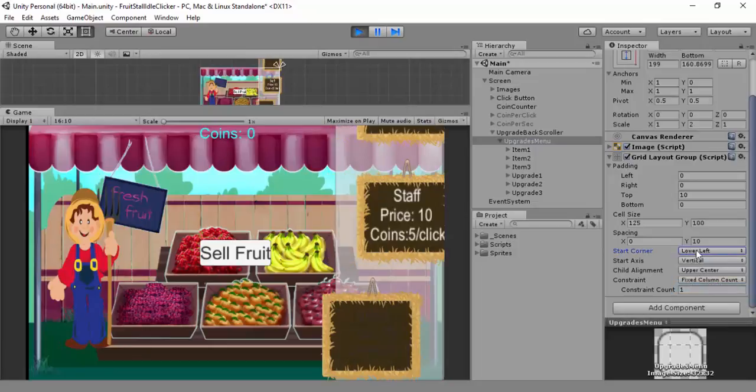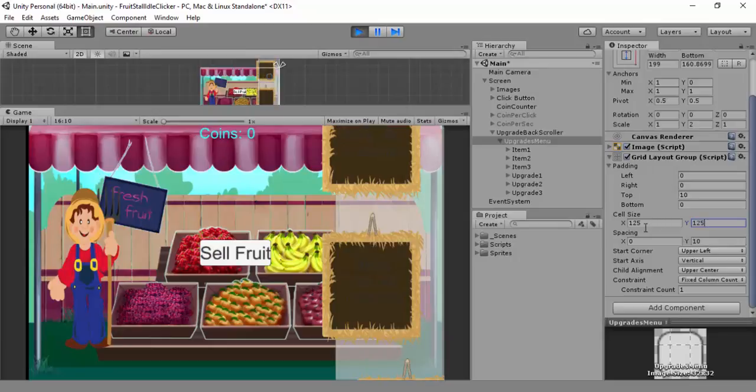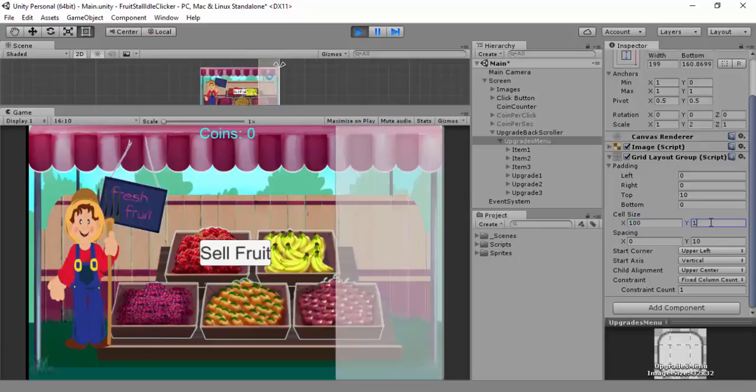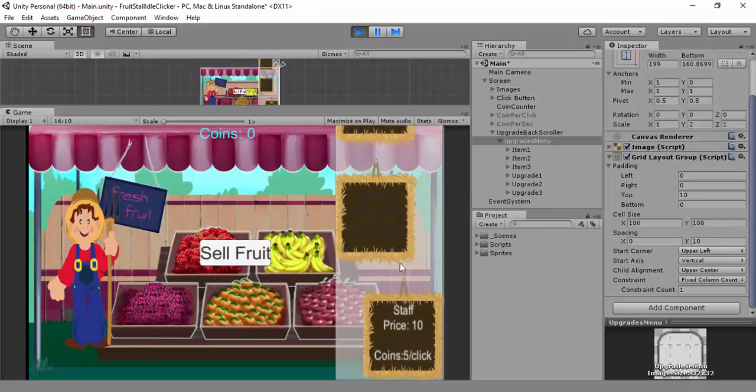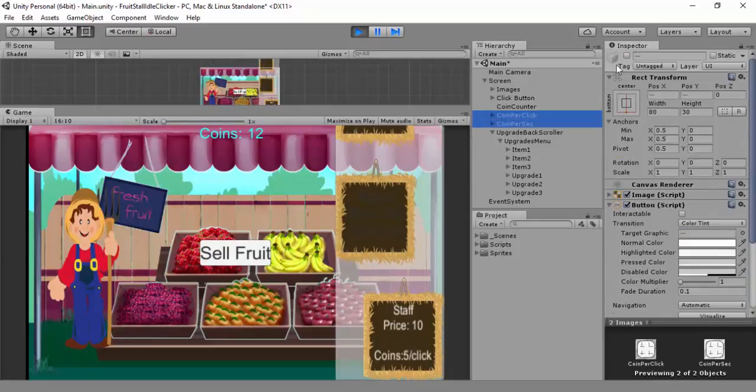Upper left, lower left. Alright. One two five and 125. So put them all at 100 by 100. Yeah, it's still out of sync here though. For some reason that stopped working. Oh wait. Ah, right, they stopped working because I turned them off, didn't I? So put these back on,